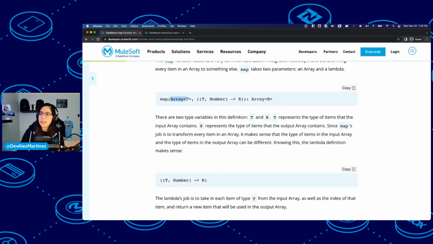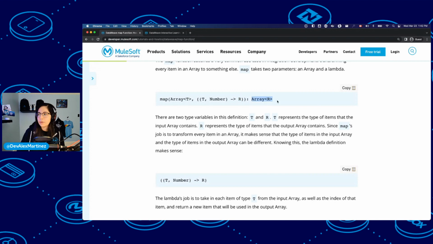So if your input array is an array of numbers, then this will be a number. And this other parameter will also be a number, will always be a number. But this first one will be whatever you send here. If you have an array of strings, then this will be a string. If you have an array of objects, then this will be an object, and so on. So in the final result, this doesn't necessarily have to be a number or a string or an object. It's just whatever transformation you do with the information from the input is what's going to be resulted.